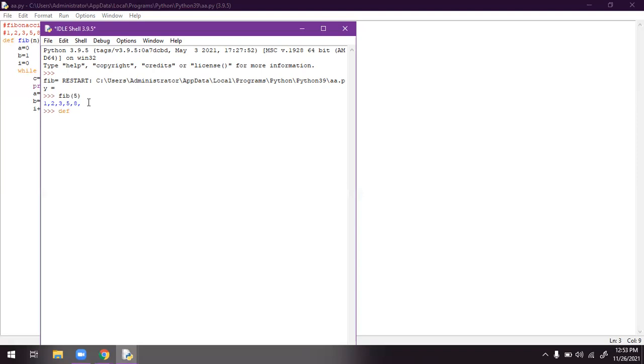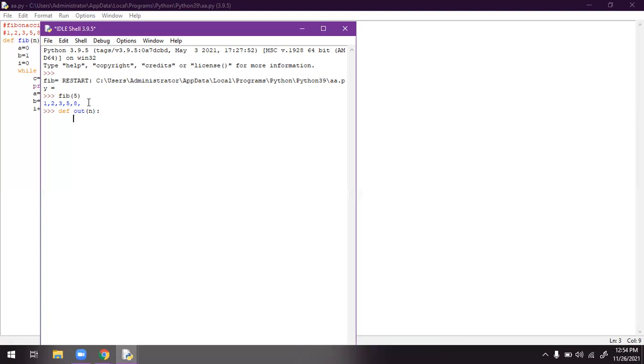Okay, so we are taking outer function and inner functions. Outer and inner functions are nothing but a function within a function. I will show you. This is my out function.